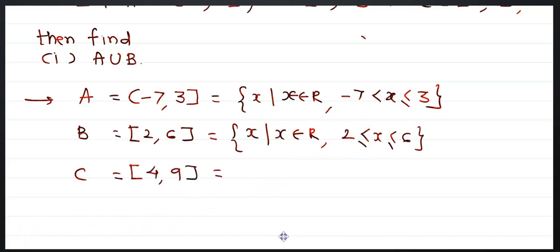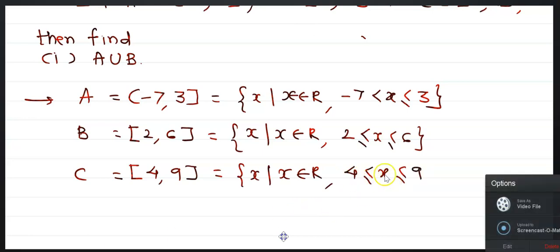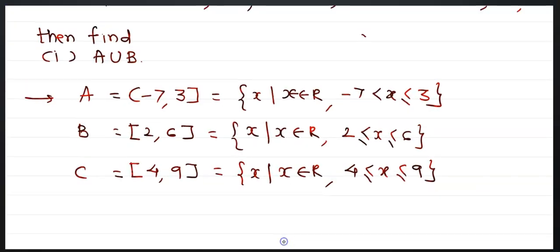C is equal to the closed interval [4, 9], that is, {x : x ∈ ℝ and 4 ≤ x ≤ 9}. Therefore, you will get